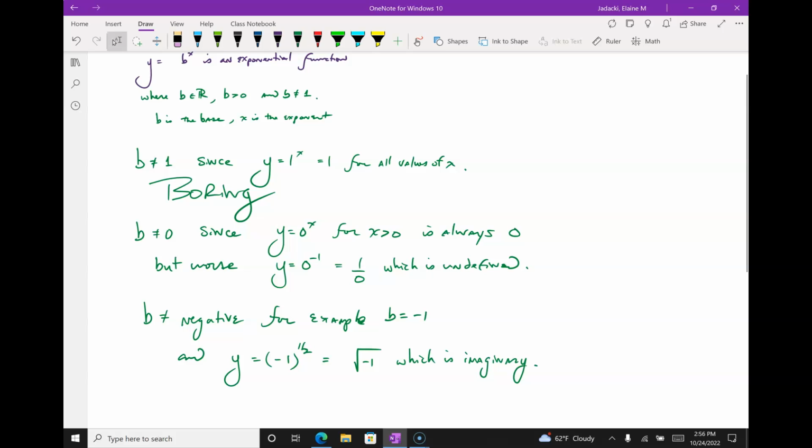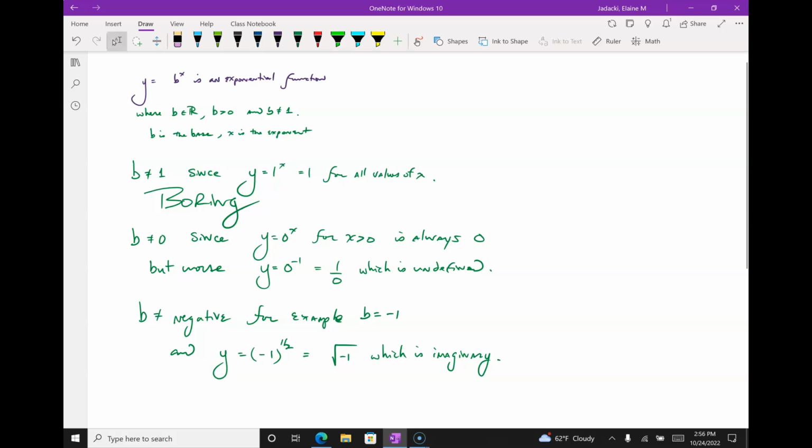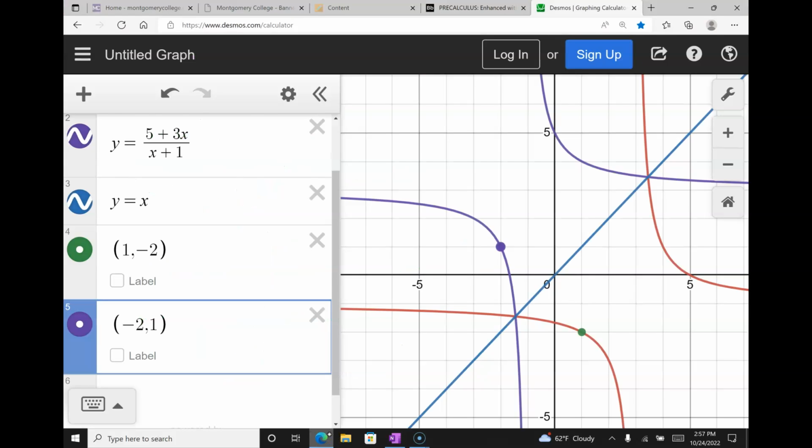Kind of boring. This is kind of boring, but I can't do anything about it. I have to teach it to you because you have to be able to solve these kinds of equations. I haven't gotten there yet, but very soon I'll get there, solving exponential equations. Let's play around a little bit on Desmos